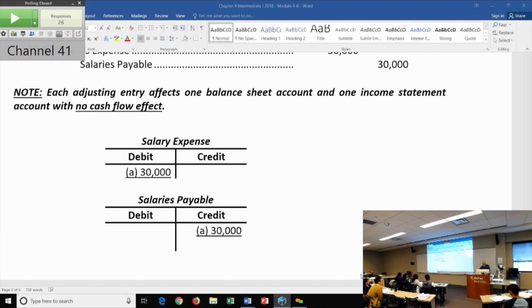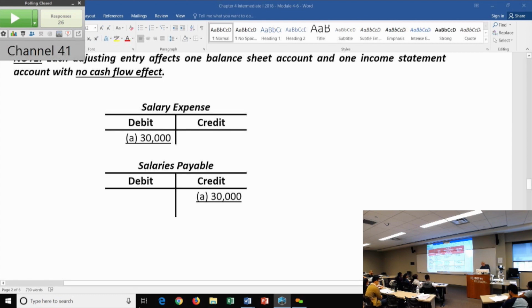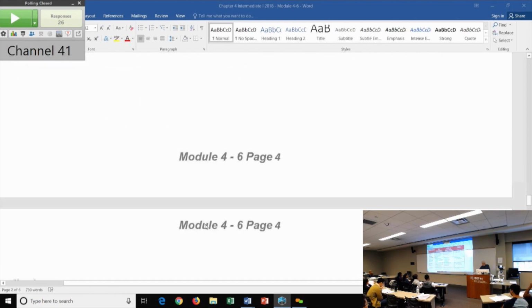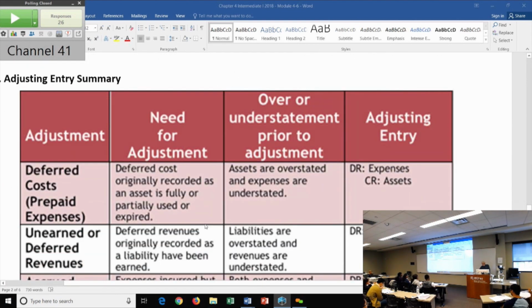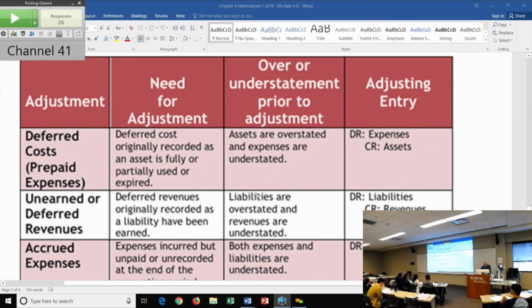And once again, we'll go to the back. And by the way, this is a good summary for you, so you can study this. I always put this last so that you have a chance to use this as a guide. It should help you pull this all together if you're having any trouble. All right, so in this one,